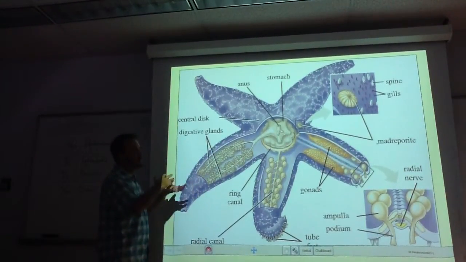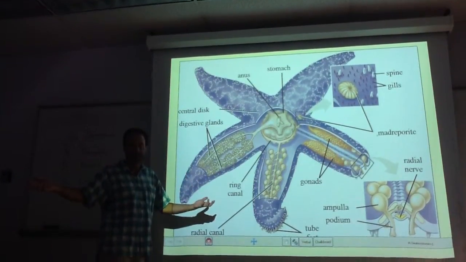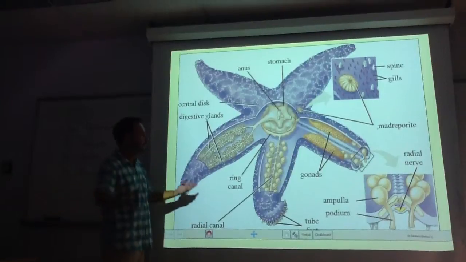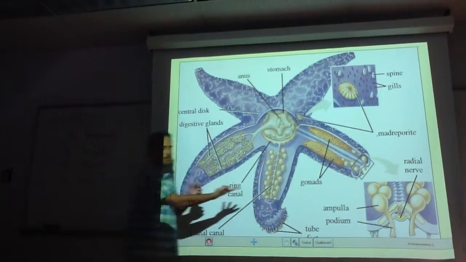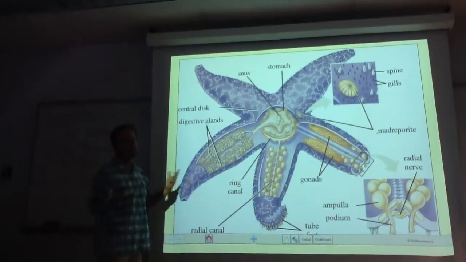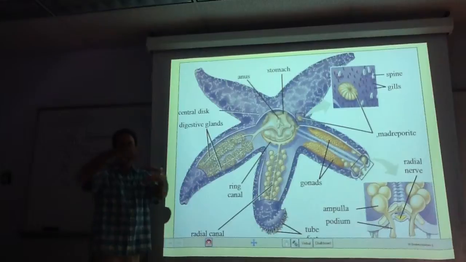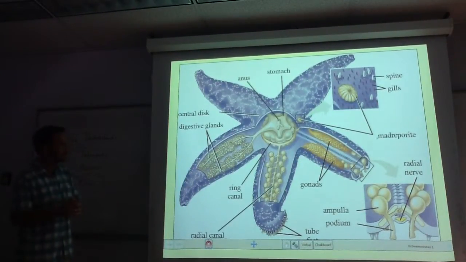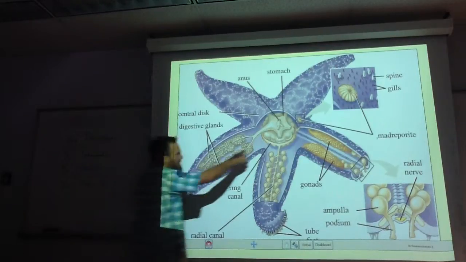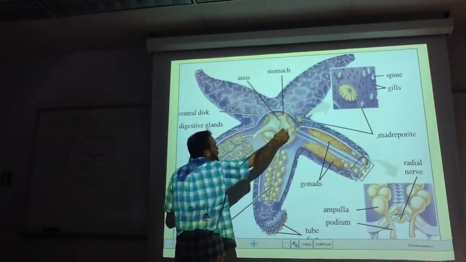We tend not to talk about anterior, posterior, dorsal, ventral with a starfish because it's not bilaterally symmetrical as an adult. Instead, we say that there's an oral side, which is where the mouth is, and then the back side here we would say is the aboral side, but we tend not to want to say dorsal, ventral because that implies that there's an anterior, posterior, which there really isn't. There's no head here, you realize. So the mouth is facing down, this is the anus here, and it has these 2 stomachs.